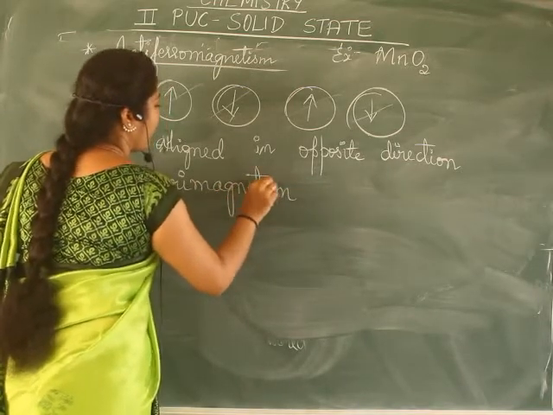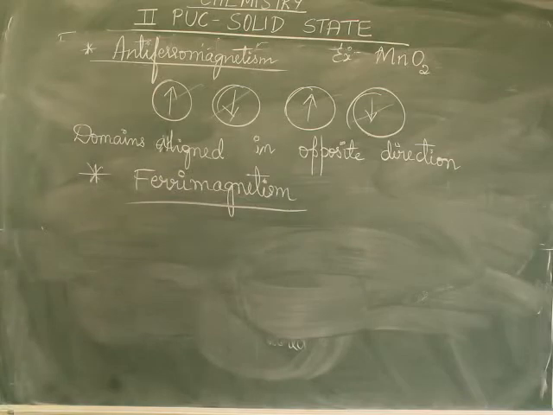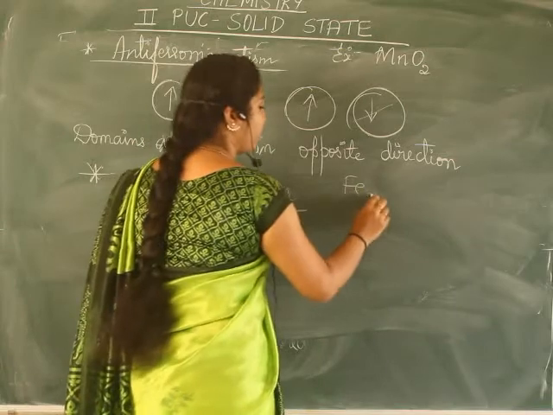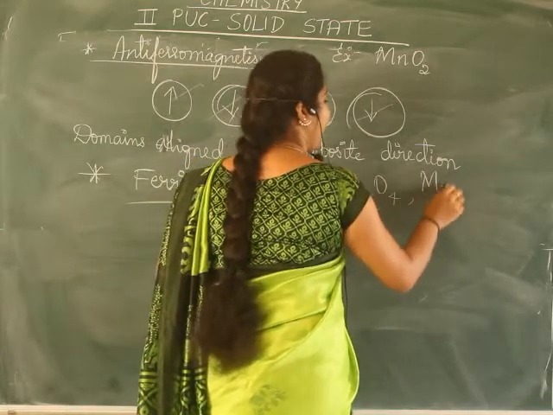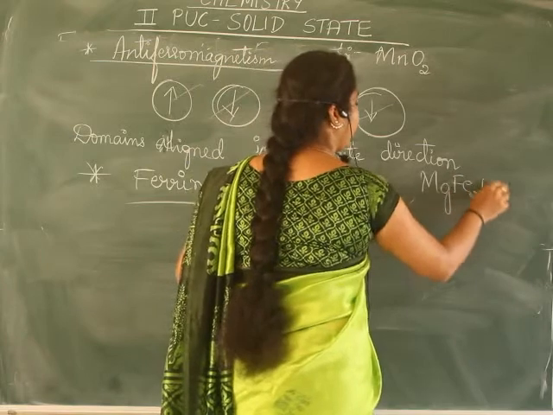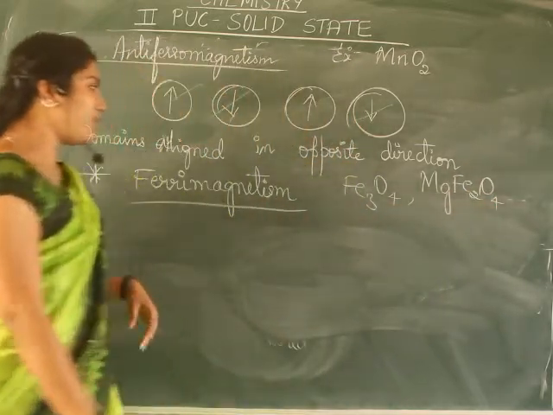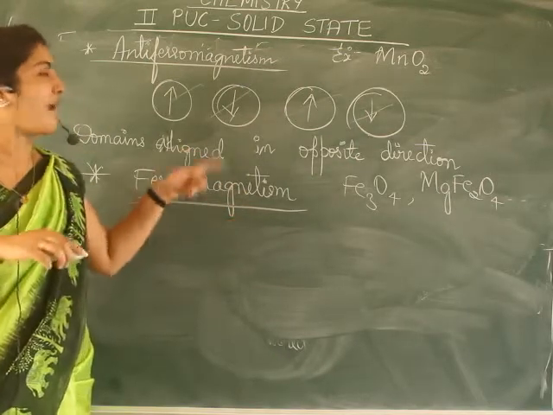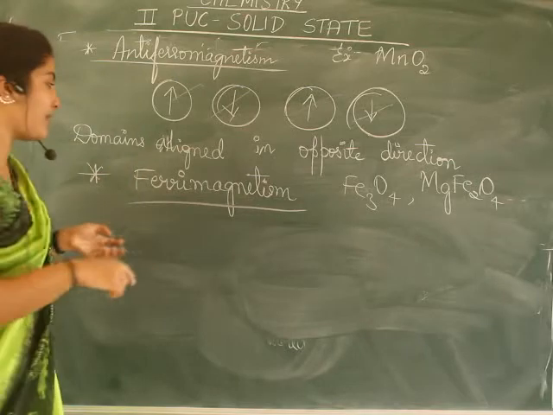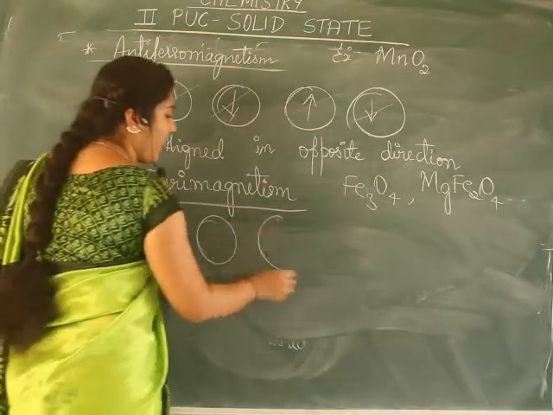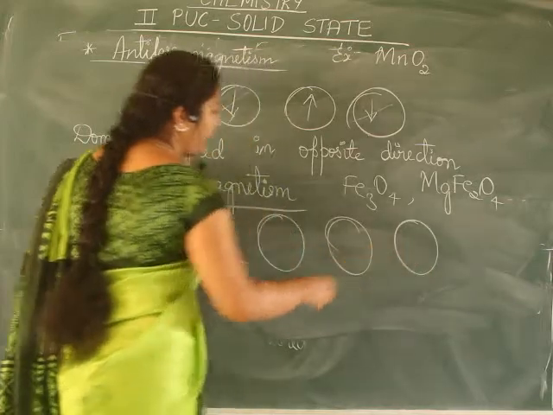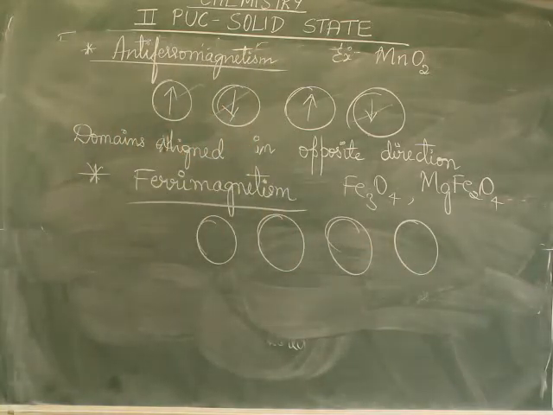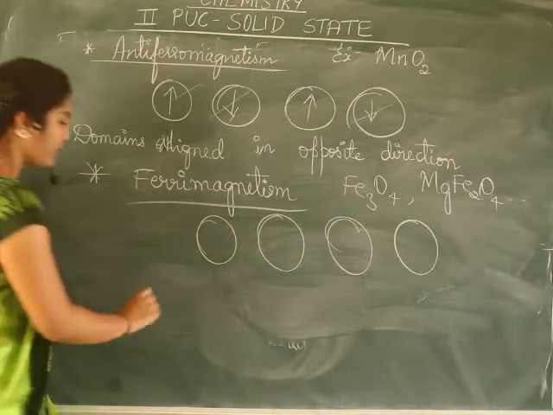Examples for ferrimagnetism are Fe3O4, MgFe2O4, etc. In these, the domains look similar to those of antiferromagnetism or ferromagnetic substances, but here you know how the domains are arranged. They are not arranged in an order. That means they are aligned in parallel and anti-parallel directions